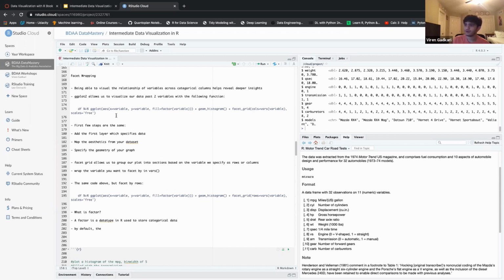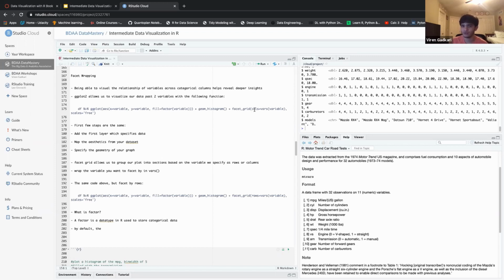So to do that, you have the code, and then if I fill this, right, I like to wrap the variable that I'm filling by as a factor. And what a factor is in R is just a data type. It represents categorical variables in R. So like your discrete observations, like 0, 1. So in this case, transmission 0, 1, that's a factor variable. But sometimes it's not labeled as such in the data set. So we wrap that variable in the factor function so the graph knows, or it will render it improperly. So the fill argument, and then you call facet underscore grid,